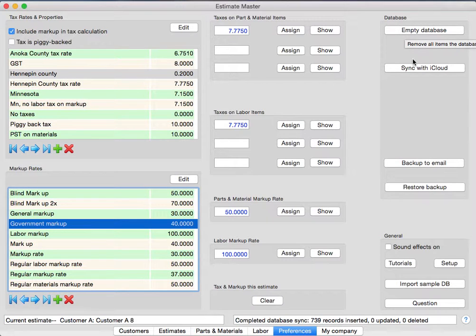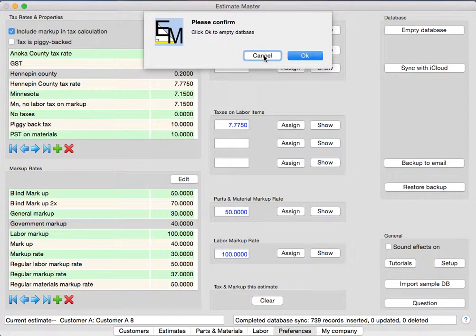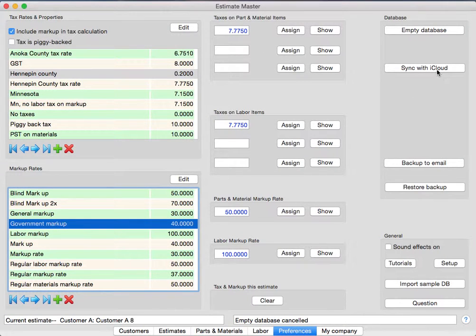There's a button that says empty the database. This deletes all the data from the database, so I'll do that carefully. And there is a sync with iCloud button. Now this is a feature that allows you to share your database between multiple users of Estimate Master in your